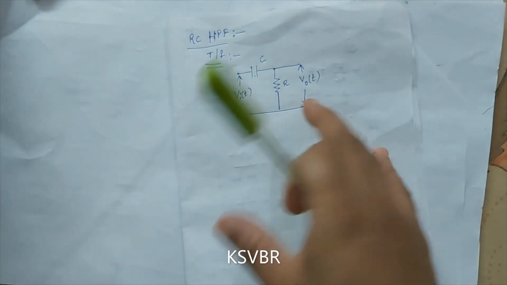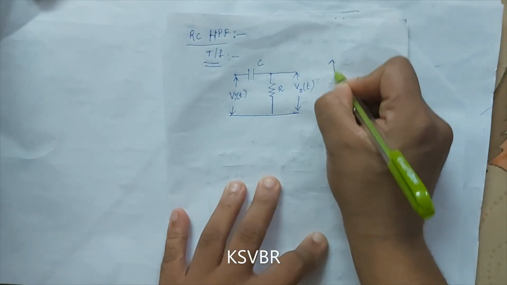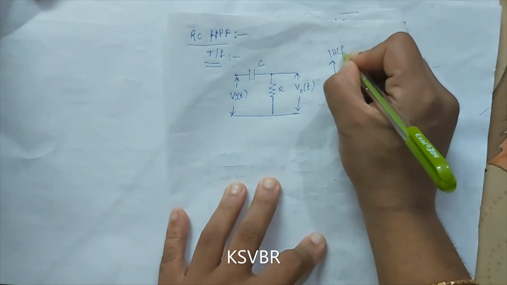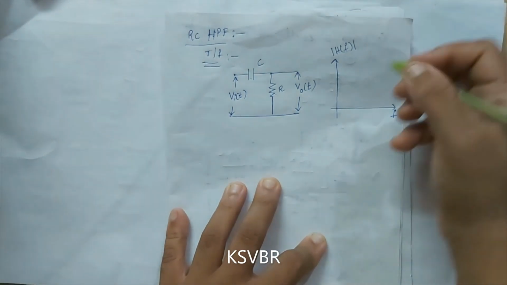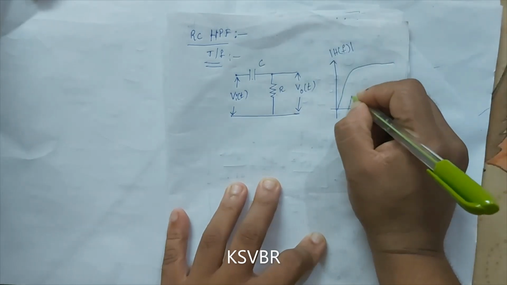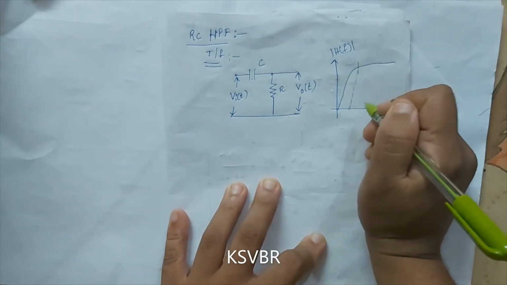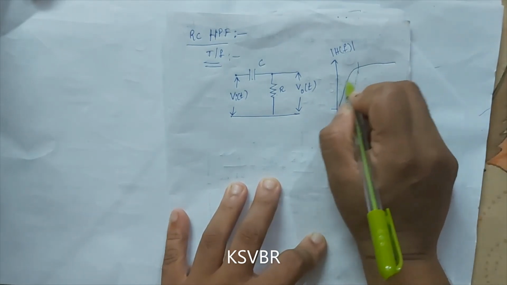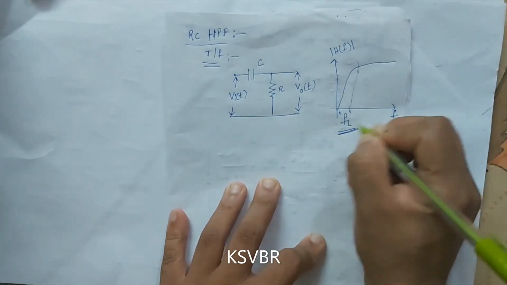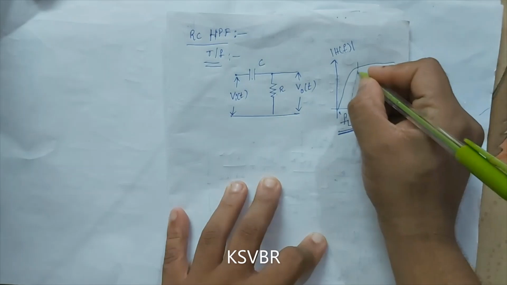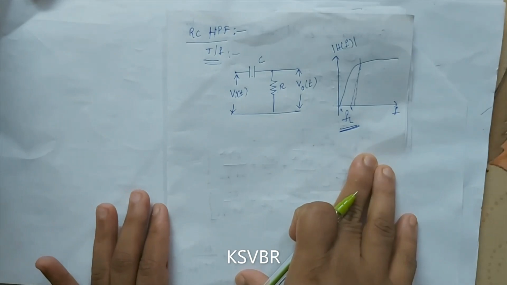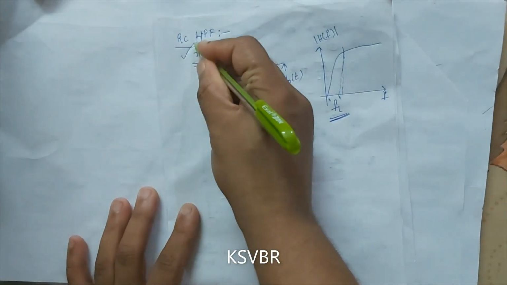So what is the frequency response of the high pass filter? So far we know that if H of f is the transfer function, modulus H of f, high pass allows only high frequencies and rejects low frequencies. So from here it allows, till here it blocks. So we'll get the lower cutoff frequency FL here. This is the RC high pass network. Now we are going to derive the transfer function.